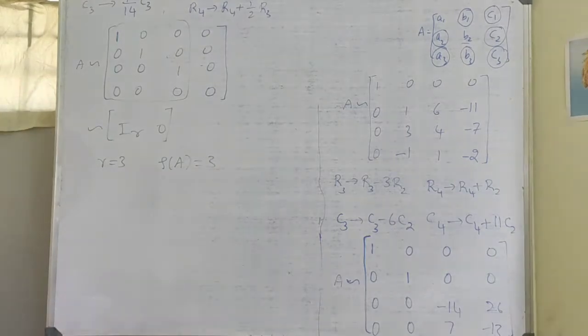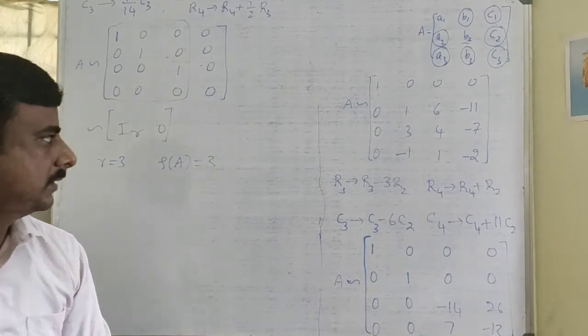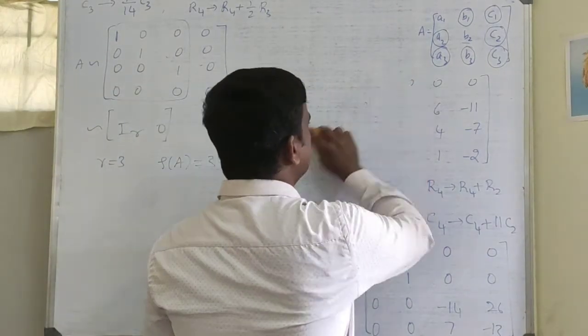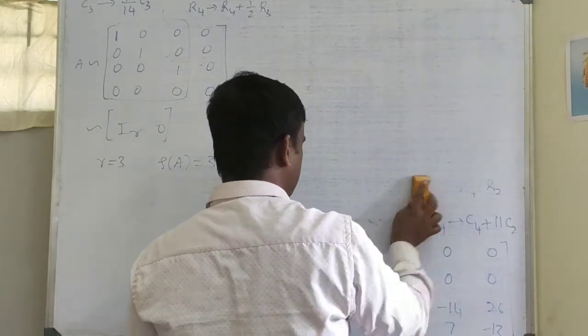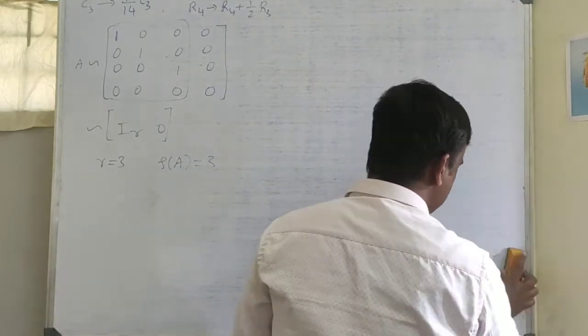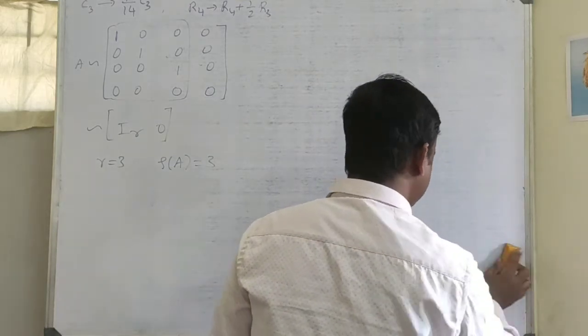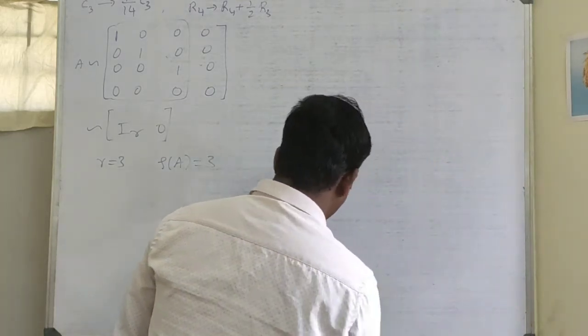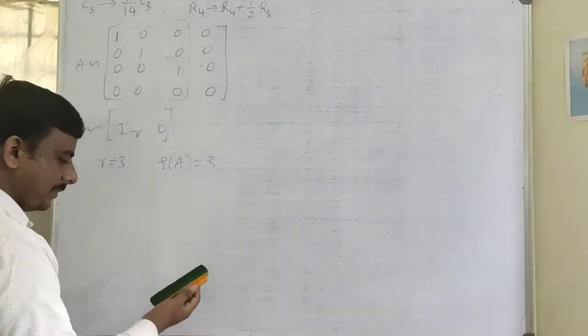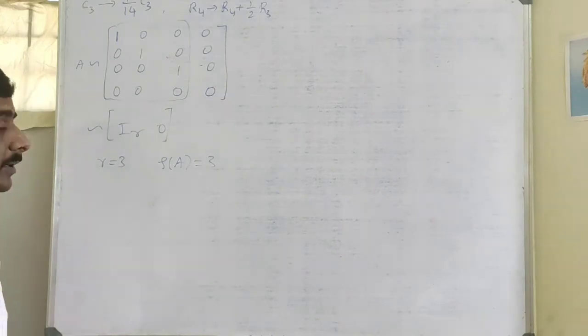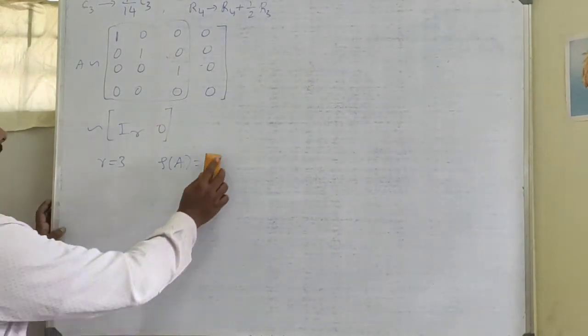That is the way of finding the rank of a matrix using elementary operations, or reducing the given matrix to normal form. So that is the first concept, finding the rank of a matrix or reducing the matrix to normal form. The next concept is finding the inverse using elementary matrices. Elementary transformations we have discussed already. So what do we mean by elementary matrices?